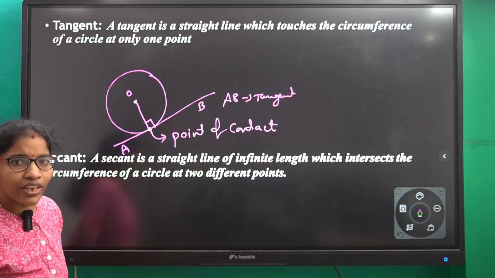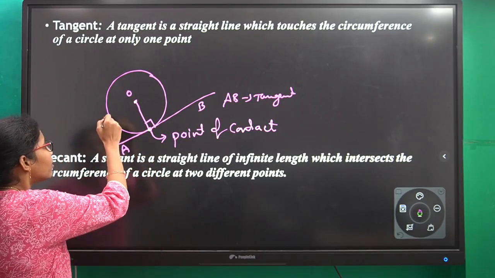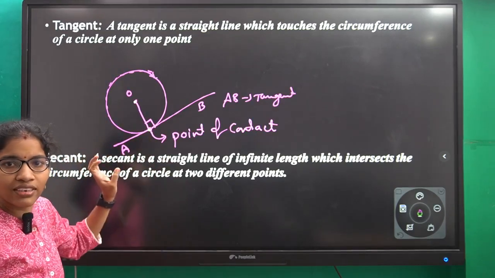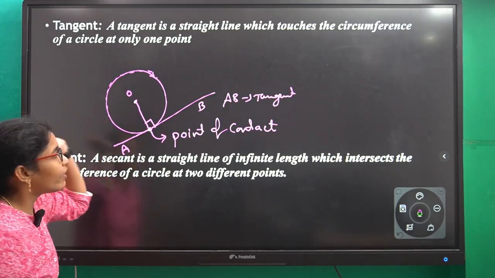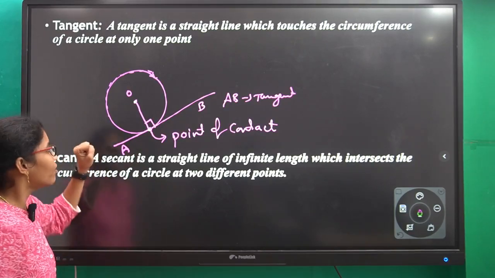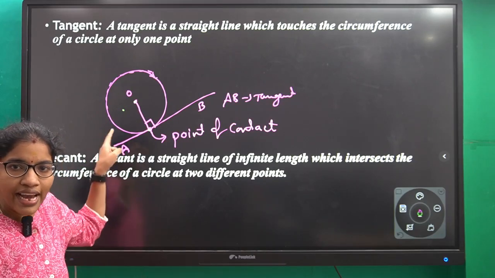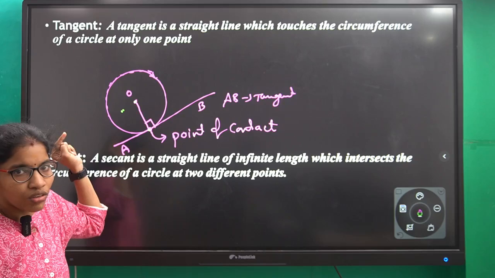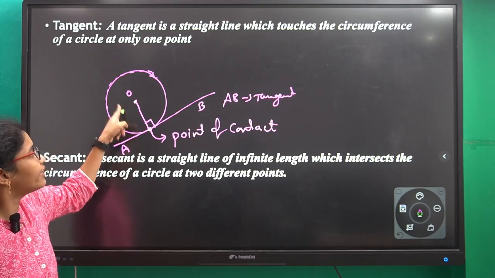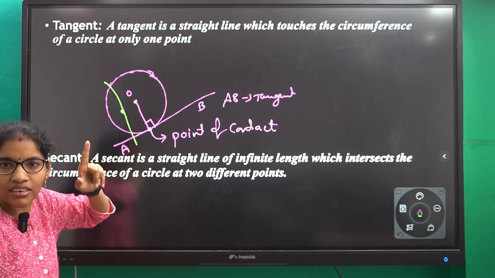How many tangents do we have for any circle? We have infinite tangents, because we have infinite points on the circle, and at every point you have a tangent. So you have infinite tangents for any circle. How many tangents can I draw from a point inside the circle? Can I draw any tangent from a point inside the circle? No, because if I draw a line through this point, it always touches the circle at 2 points. That means it is not a tangent.